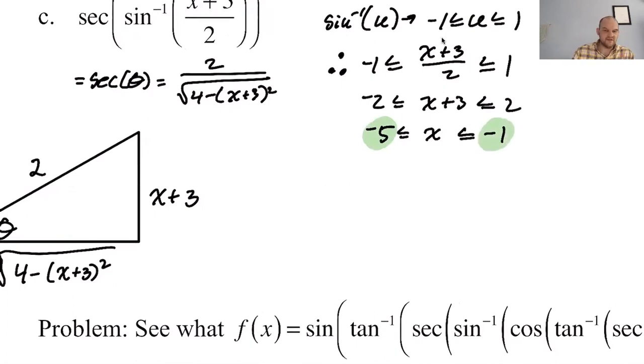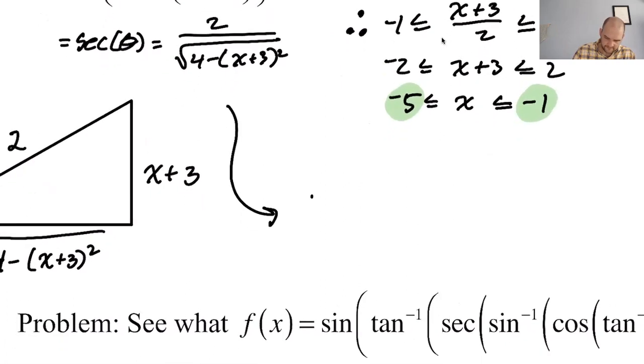So we want to kick those out. You can test it and see: plug in -5, add 3, get -2, square it, you get 4. 4 minus 4 is 0. Do the same thing with -1. It's going to work. So our final answer is going to be